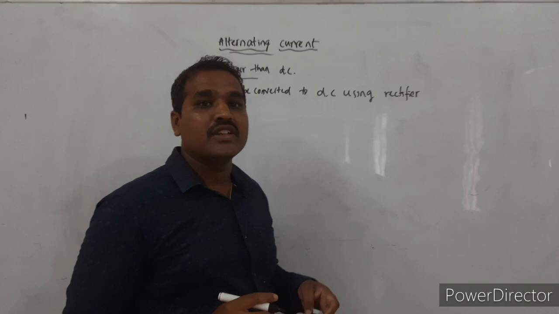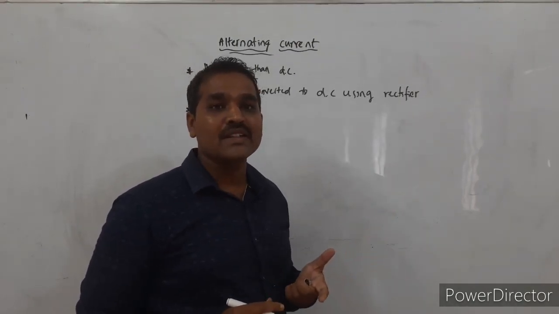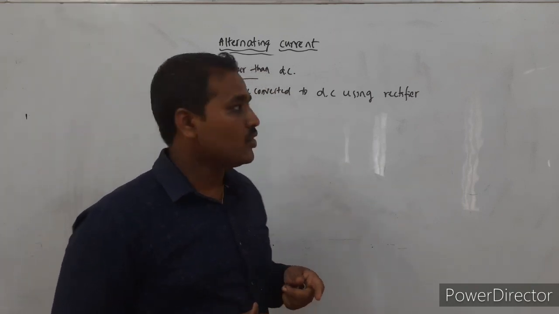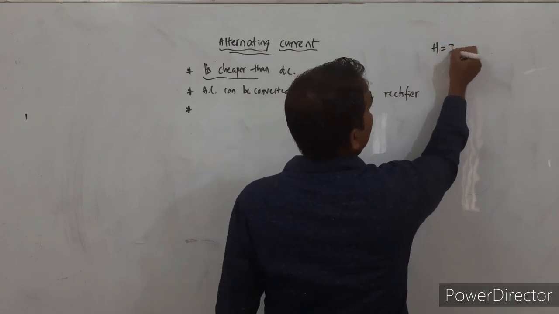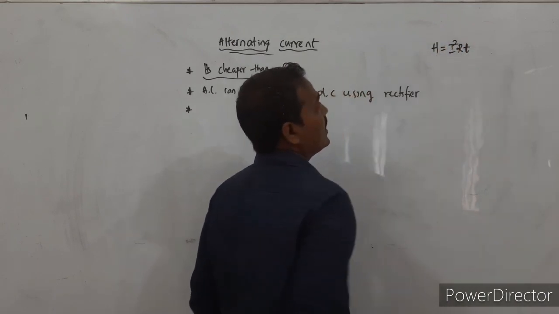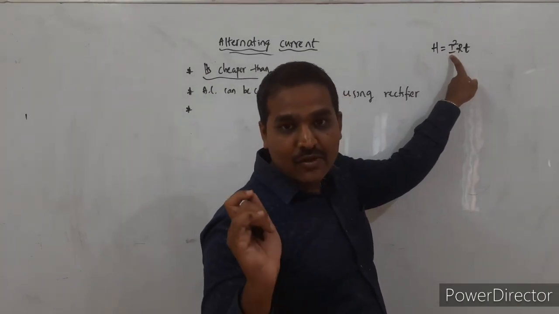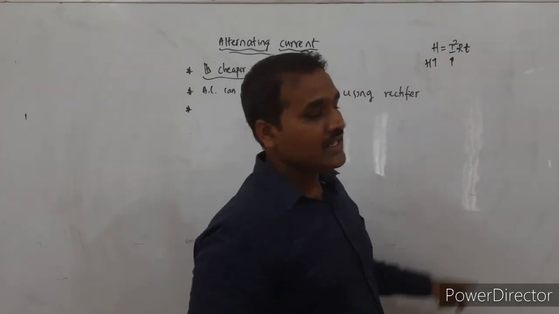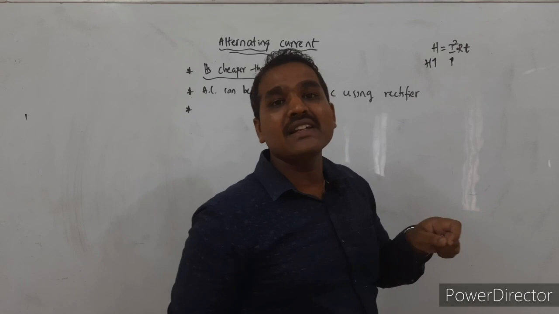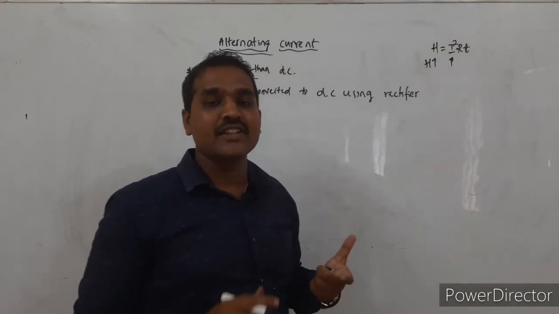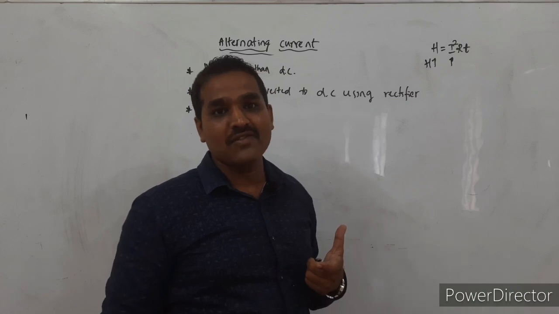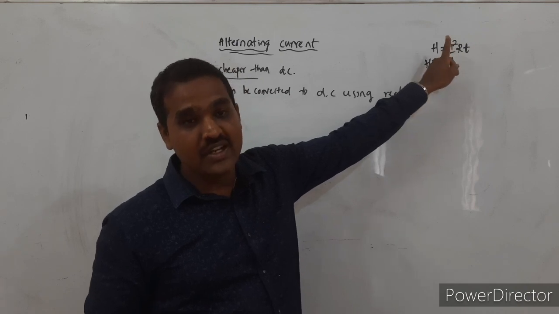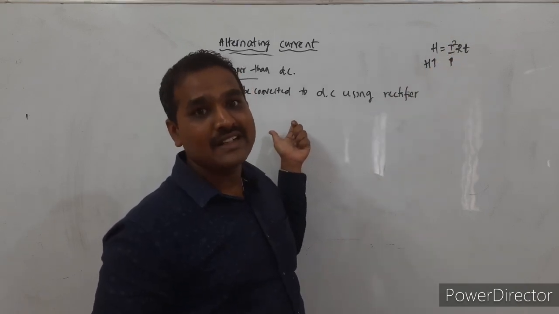Okay, alternating voltage EMF which is produced in the power plants can be easily transmitted to long distances by stepping it up, right? So we know the heat loss because of the electric current is equal to what? I square R into T. So it is directly proportional to the square of the current flowing through the conductor. So if the I value is more, the heat losses will be much more. Whenever we are transmitting the electric energy from the source to different places which are long distant from the source, it is very difficult if we have higher values of currents. So this is where alternating currents are very useful.